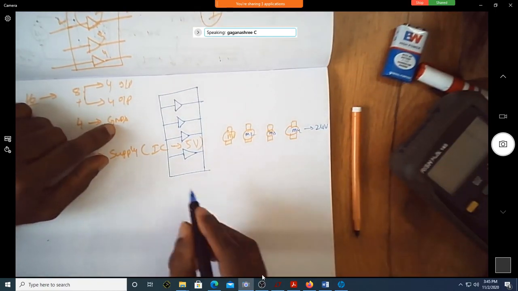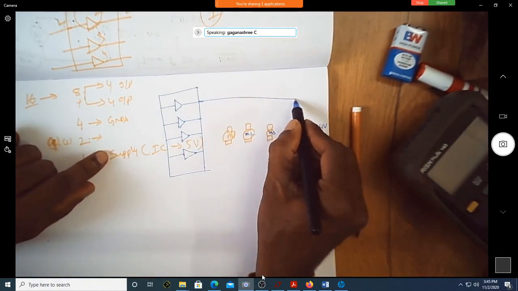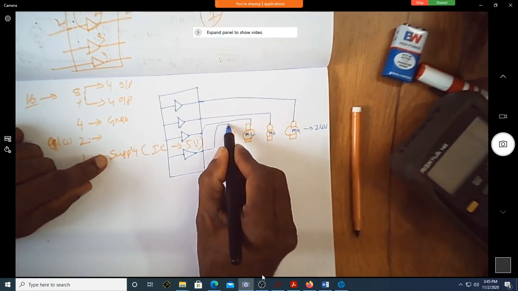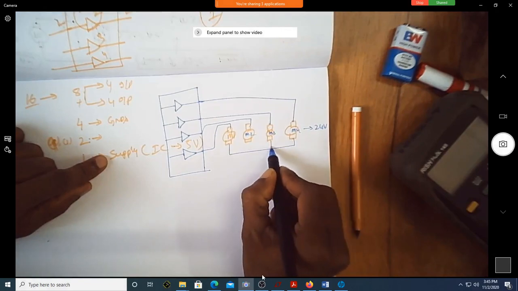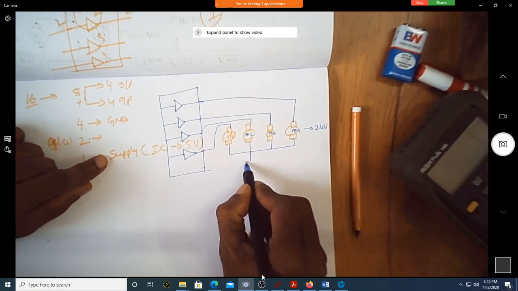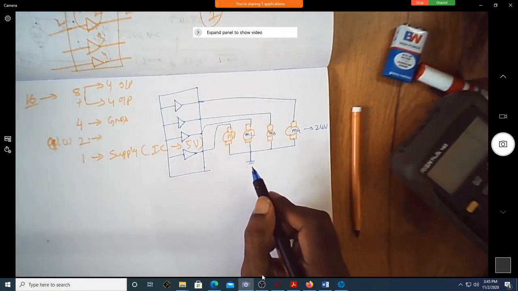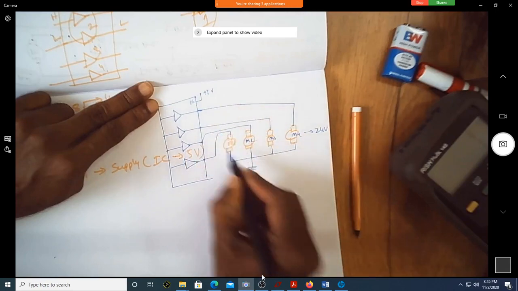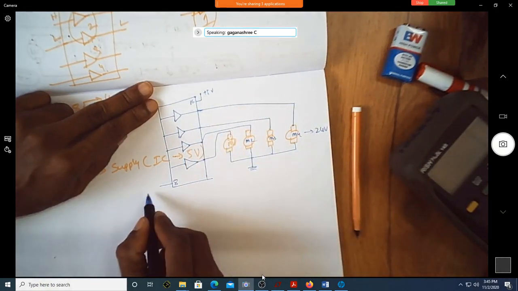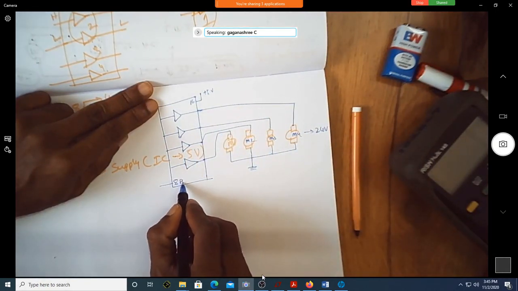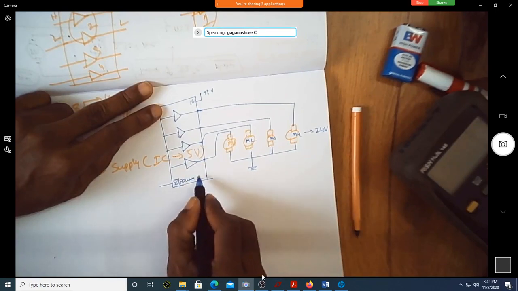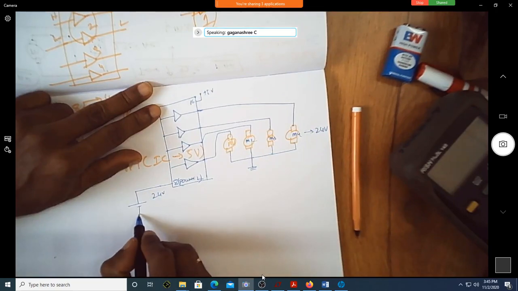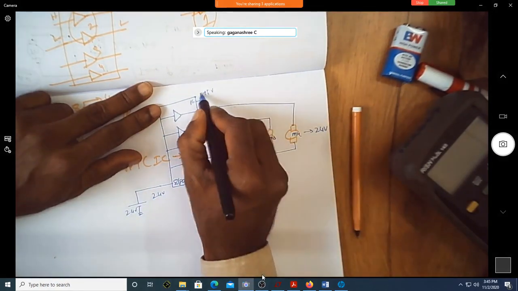Now you can see I will connect this to this, this to this, this to this, and this to this, and all of them I ground. This is pin number 16 connected to plus 5 volt, and pin number 8 is power 2, which you connect to 24 volt. So you have a battery of 24 volts and a battery of 5 volt.